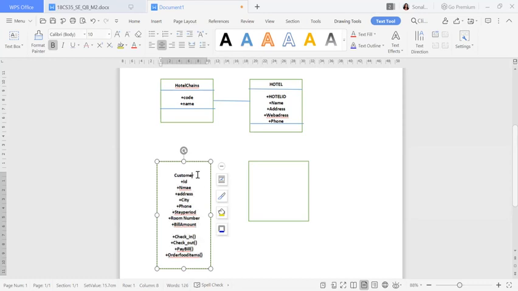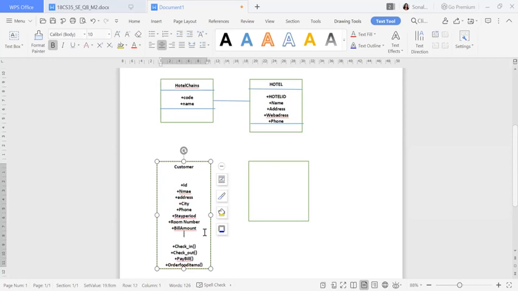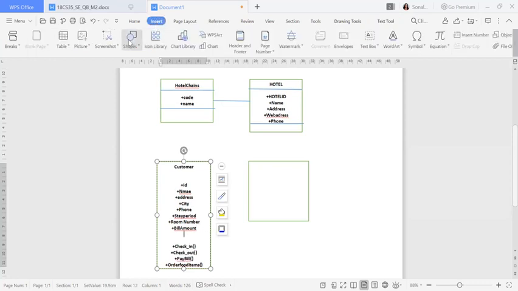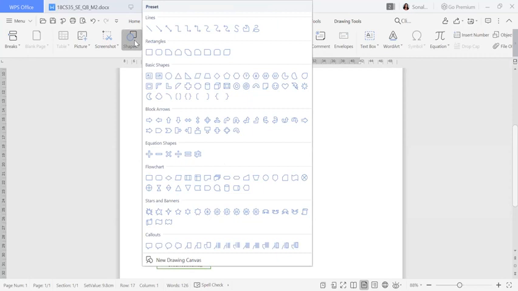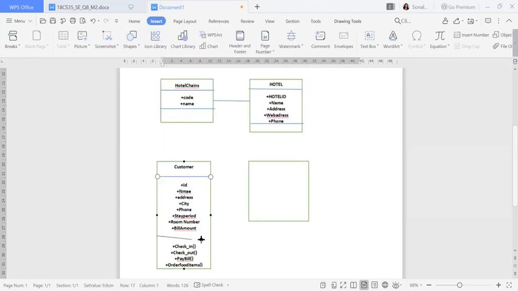Okay, so now what will happen, this is the customer and this is the function name. So we'll just separate it. So I will use the bar, I will separate from here to here, then I will use again one more and I will separate from here to here.